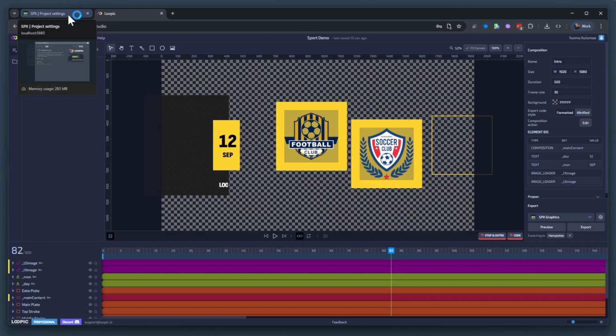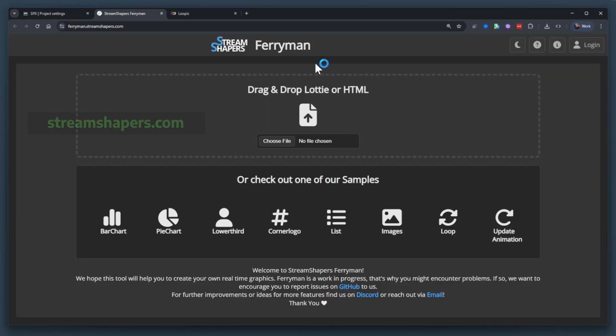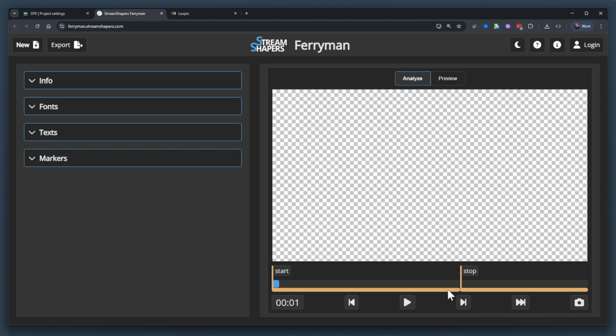Another workflow which is very useful is Ferryman. This is another web application which supports files exported out from After Effects. After Effects has a plugin for exporting projects as Lottie files, and once you have that file you can drop it in here. Let's use one of these examples. A lower third like this, you might have created this in After Effects, and you can see that there is a name and a job title,